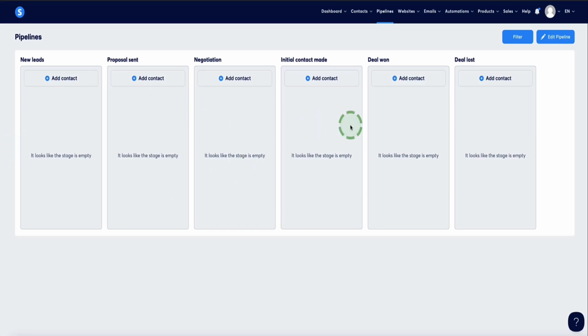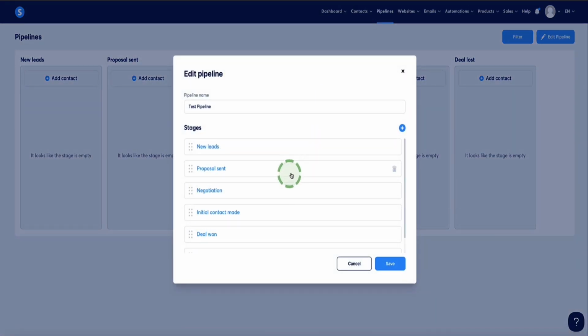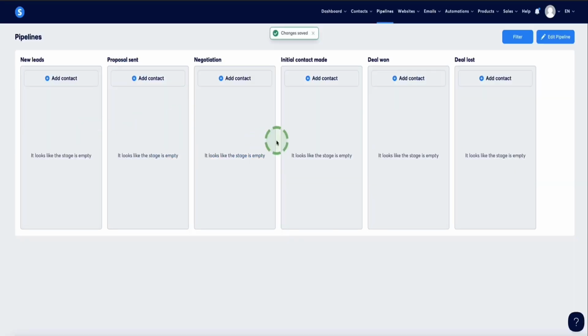Now here, this is what our pipeline currently looks like. And again, if I want to go back and edit any of this, I can click the edit button in the top right, come back to this menu where I can add and remove different stages or reorder them by clicking, dragging and dropping, and moving them around. So now once we're in the pipeline, we can either add prospects to our pipeline manually or set up various automations to add them automatically, even at different stages if you want to. I'll show you that in a minute, but first of all, let me show you how to add prospects